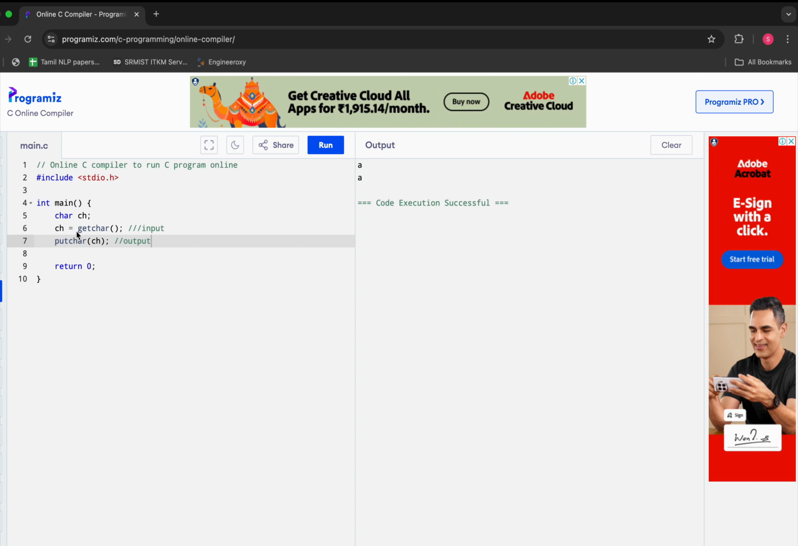So line number 6 gets the character and stores it in the variable called ch, and line number 7 prints the character. And we have seen